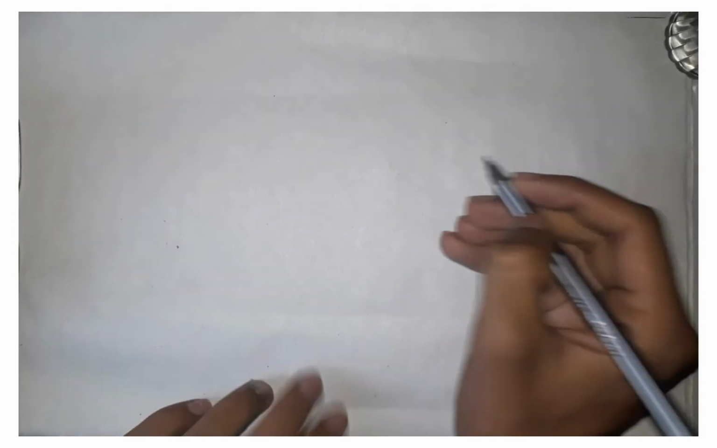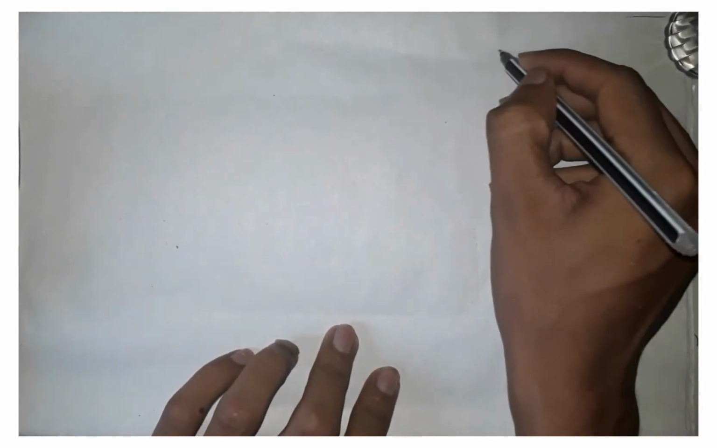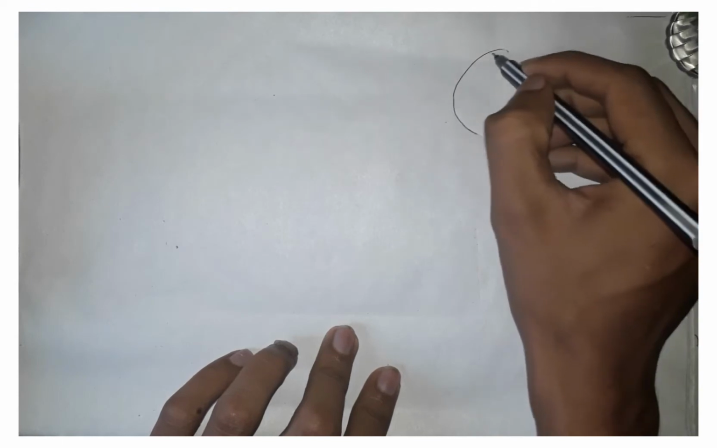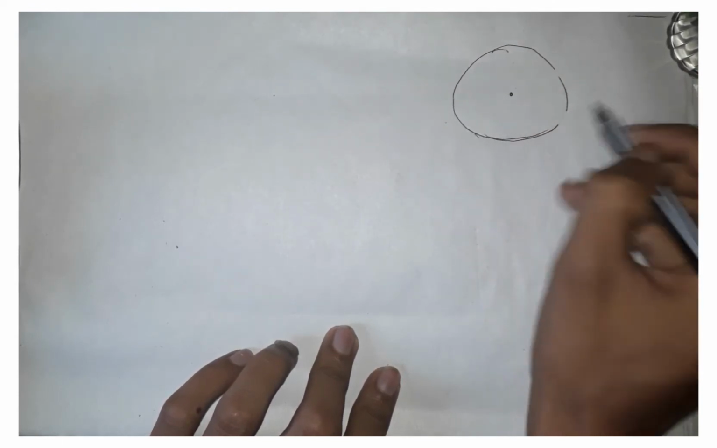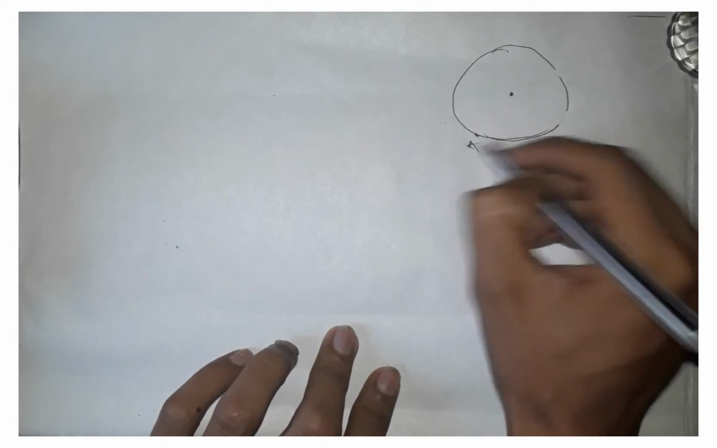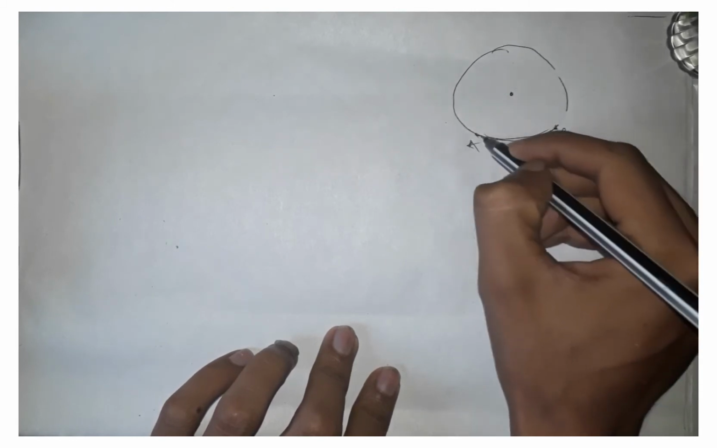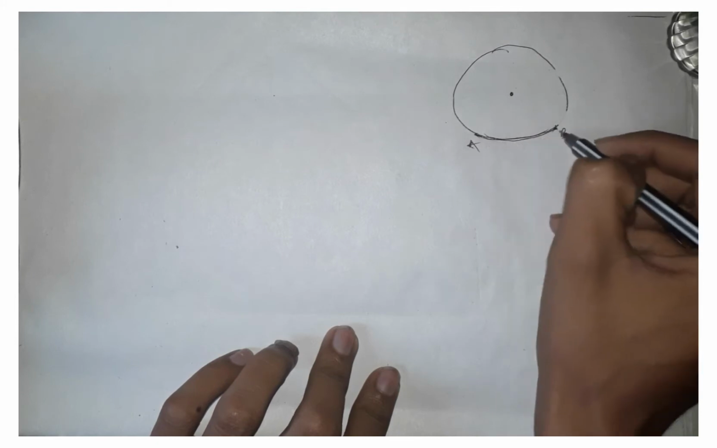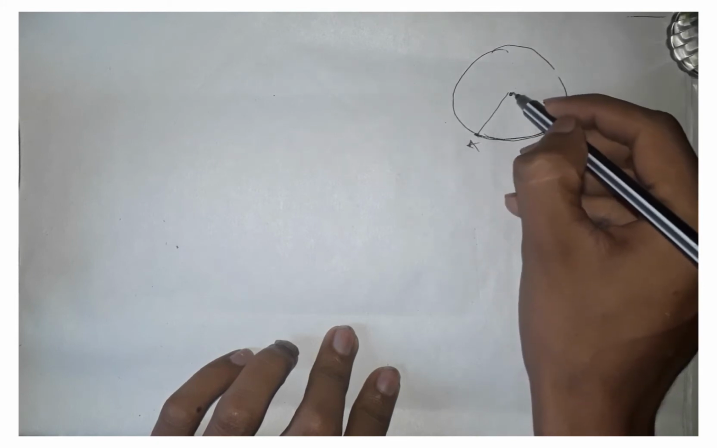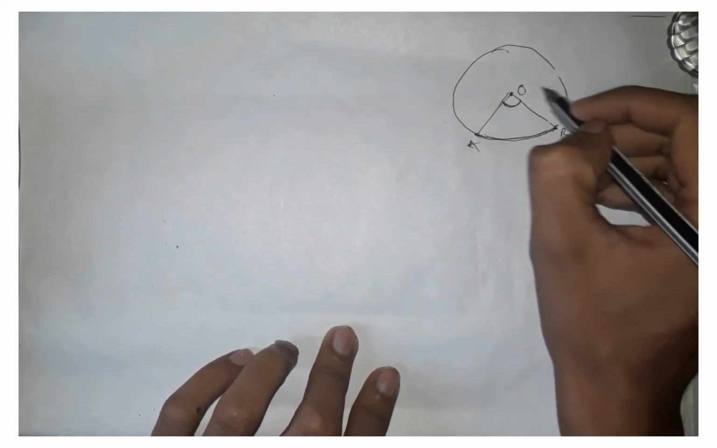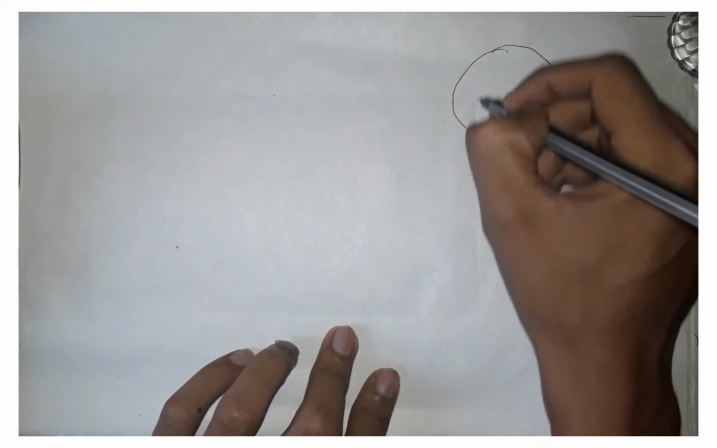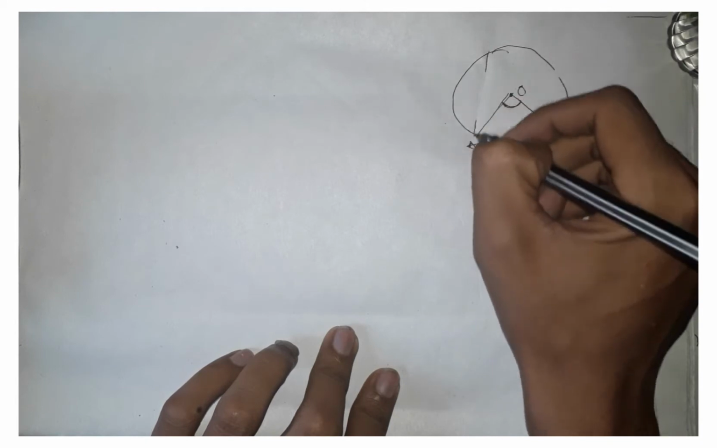In this video we are going to prove the angle subtended by an arc at its center. Suppose this is an arc. Suppose this point is A, this point is B. This is an arc. The angle subtended by this arc at its center, this is the center of the circle O, is double the angle subtended by this arc